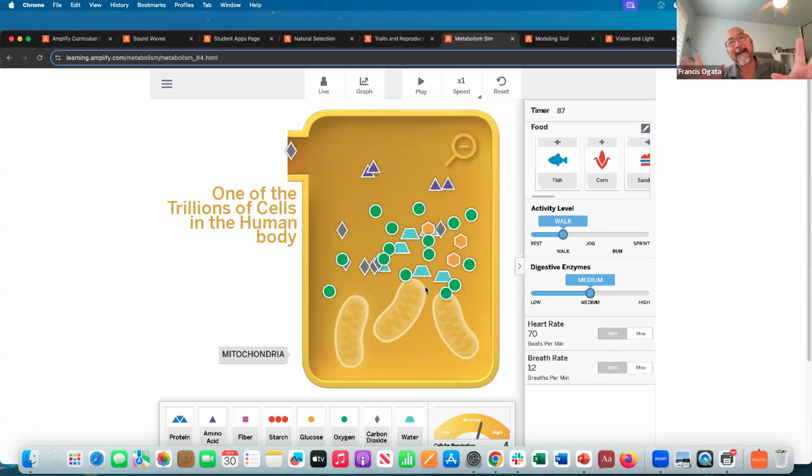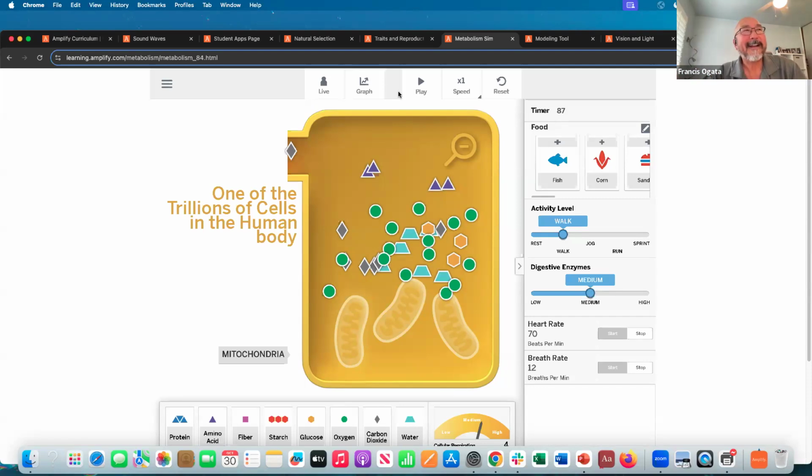And what's really cool about how these programs are designed is that now I can take a picture of this and import it straight into my notebook, actually to provide evidence to support my claim as to what's going on with that student, Elisa. Okay, so the idea is, all along the way, all of these digital simulations are meant to be incorporated into the lesson, actually to advance the students' thinking, and be able to show them and illustrate what they're trying to think about, what's going on within the human body systems. So, this is just another example of how they can take those activities and actually pull them all together.